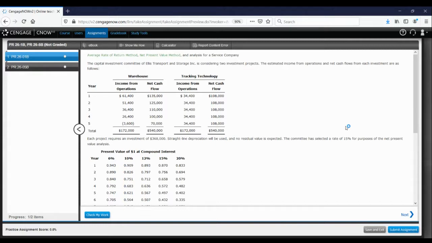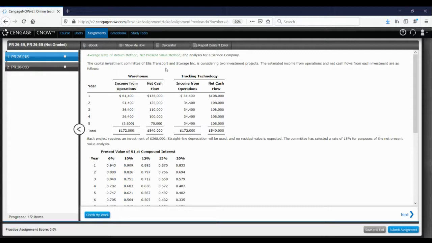What we've been doing in chapter 26 is looking at potential investments that companies would want to make in certain assets. And we've been looking at ways to evaluate whether or not these would be good investments for the company. So in this particular problem that we're going to be working today, in 26-1B,